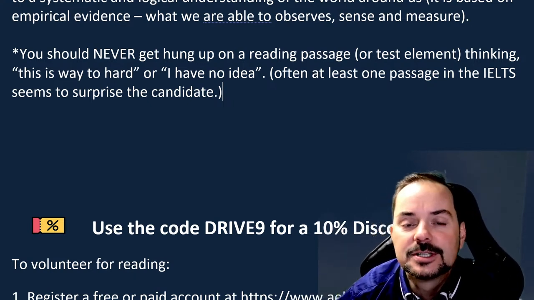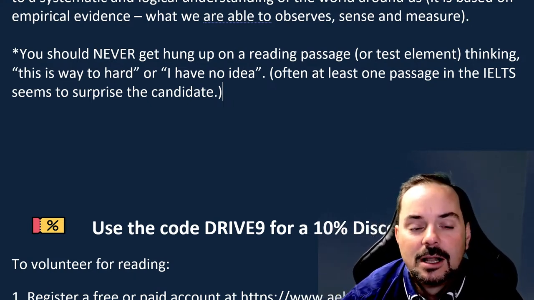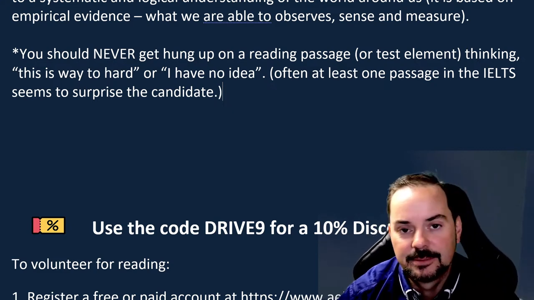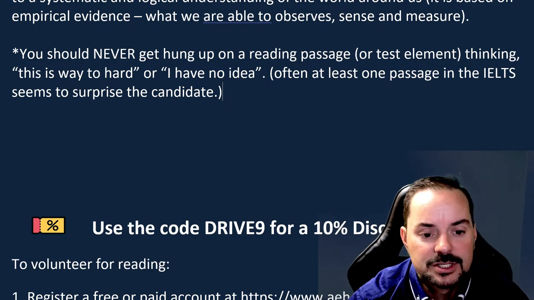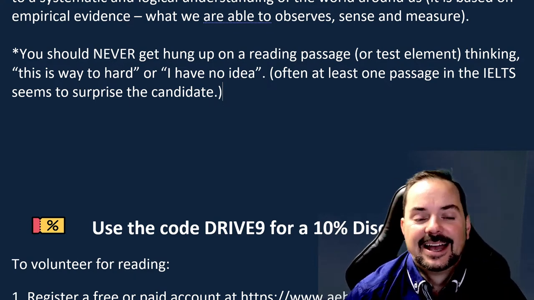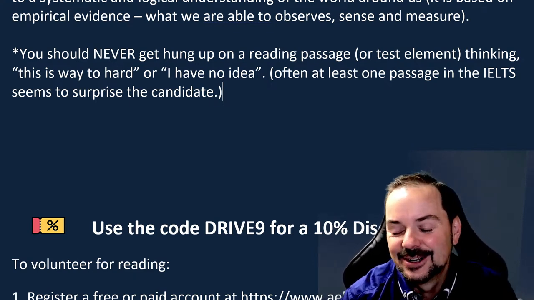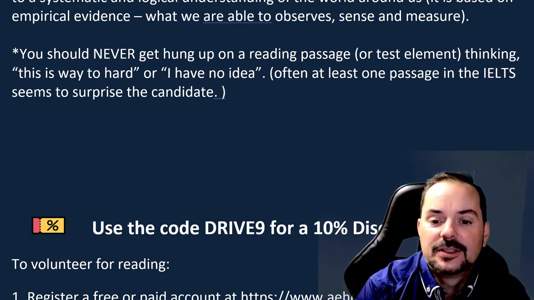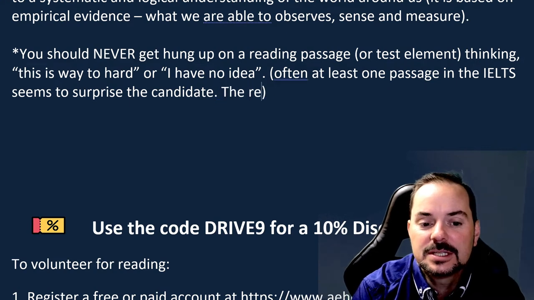So it's not like an evil cabal of a secret IELTS exam making society that's thinking about these difficult topics to surprise you. There's a reason for that. Okay, so there's a reason they do that. So often there's this passage that surprises people. The reason for this